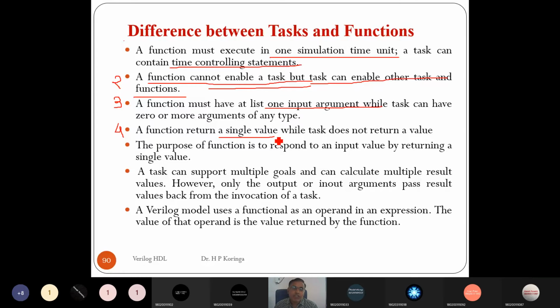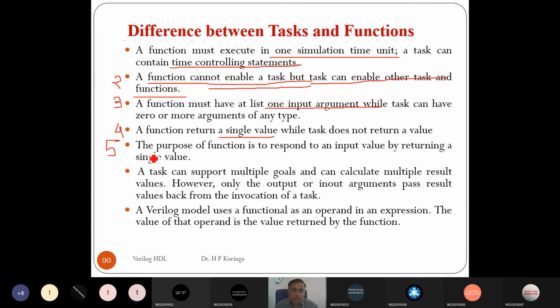So a task will not return any value to the main program, but it executes the set of statements. If you do not require any return value in the main program, then we can use a task. If we want some return value in the program, then definitely we have to use a function. So that is the fourth basic difference between function and task in Verilog.